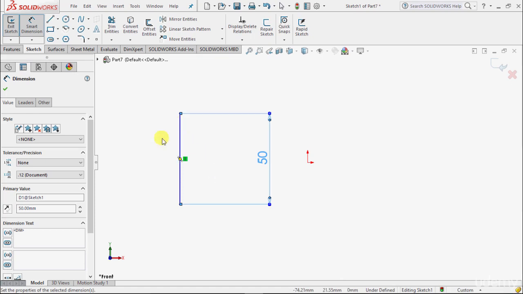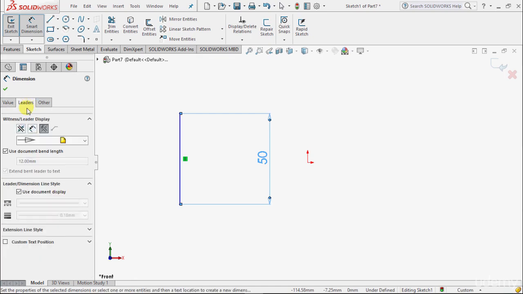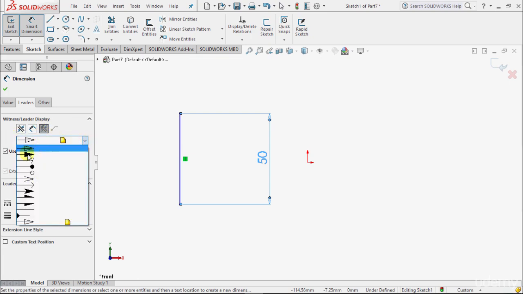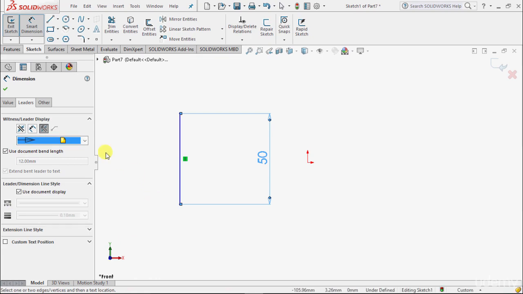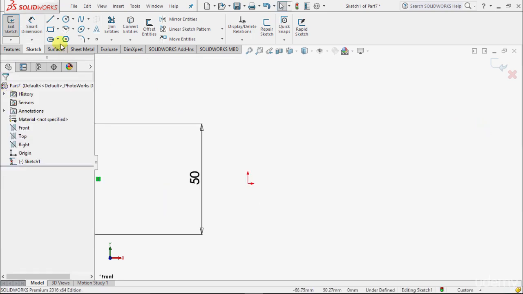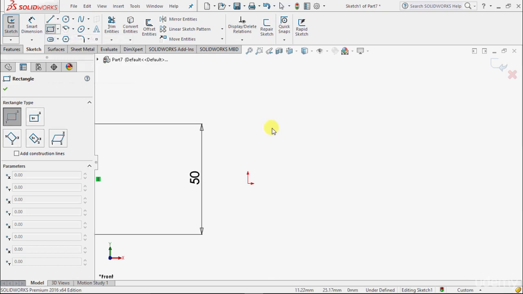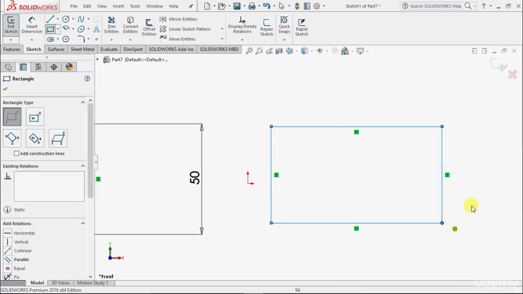Now in dimension there are some arrow styles. It will show this style, whichever we want. I will go to Arrows. Now there are three types of arrow: outside, inside and smart. Usually smart is auto selected. We can select the type of arrow which we want. There are some options for the arrow. We will make it default, then document, the length of this arrow, etc. options, and click OK. So let me this time draw a corner rectangle from this endpoint to this endpoint, and